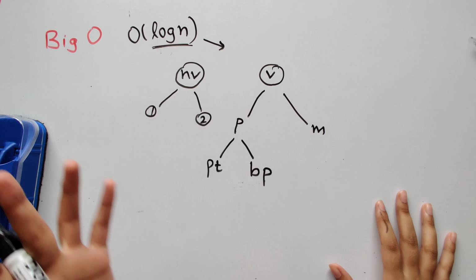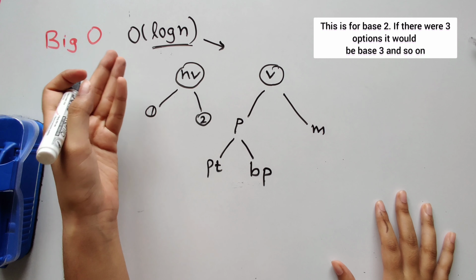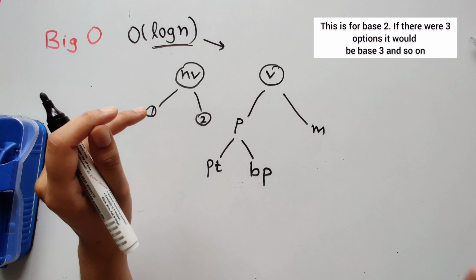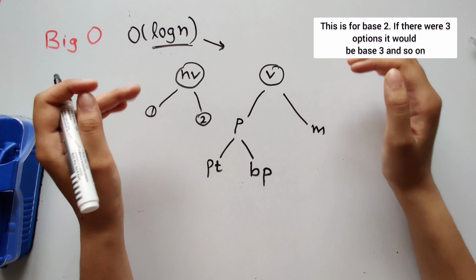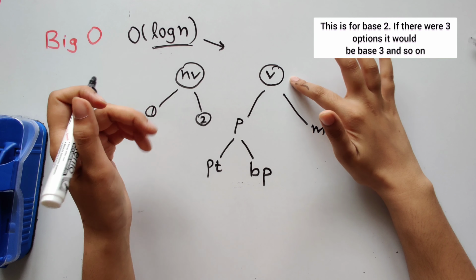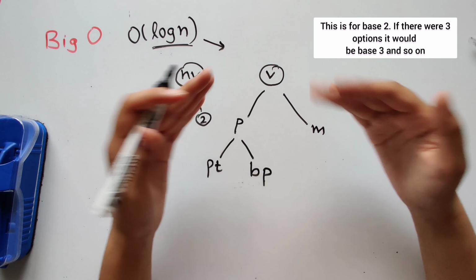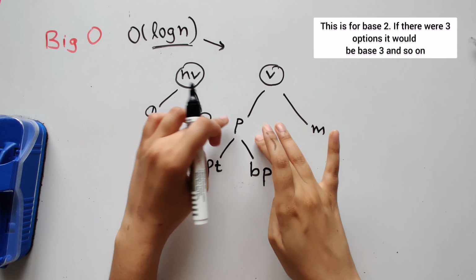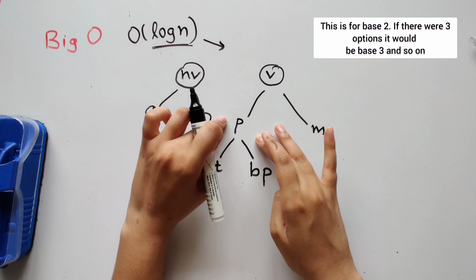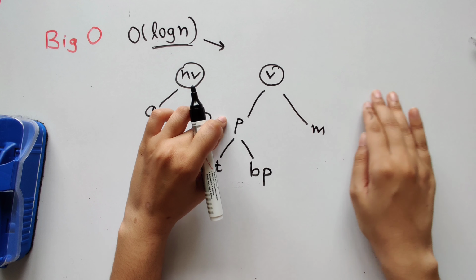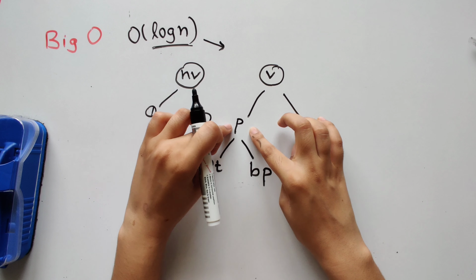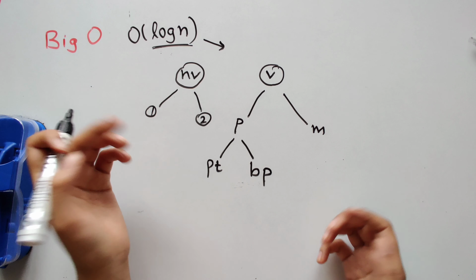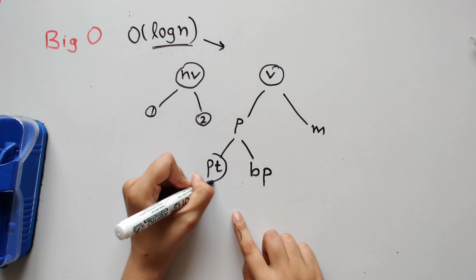Now let's understand with a real life example when you can say that the complexity of your algorithm is O of log n. Let's say you go to eat somewhere with your friend and you are asked whether you like non-veg or veg. Let's say you like veg. The next question is, do you like paneer or mushroom? You say paneer. So you totally ignore the non-veg menu, and you are completely ignoring what is under mushroom. You come to paneer, and then in paneer you decide whether you want to have paneer tikka or butter paneer. So you say you want to have paneer tikka.